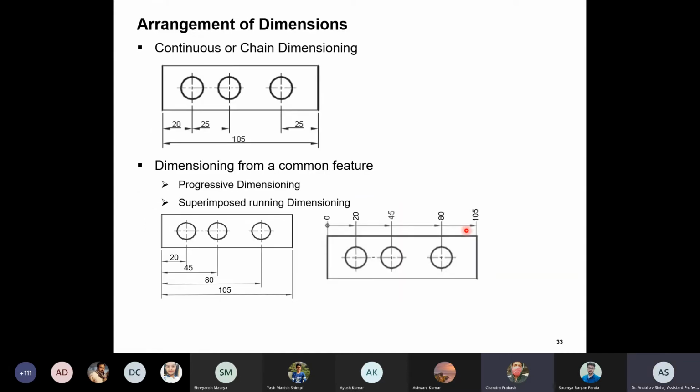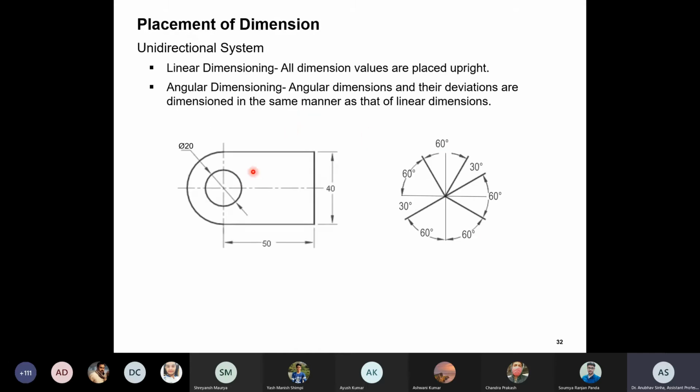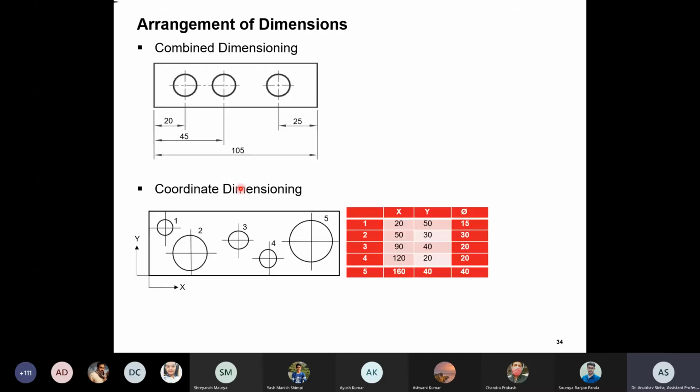These are all standard methods. What I am saying is there are different types of methods depending on your application. For example, if your application is this, then writing this type of coordinate is not very useful. The idea is that you just need to be compact and useful. If you look at this example, this is the best way in which this type of figure can be represented. Just wait for some more time.